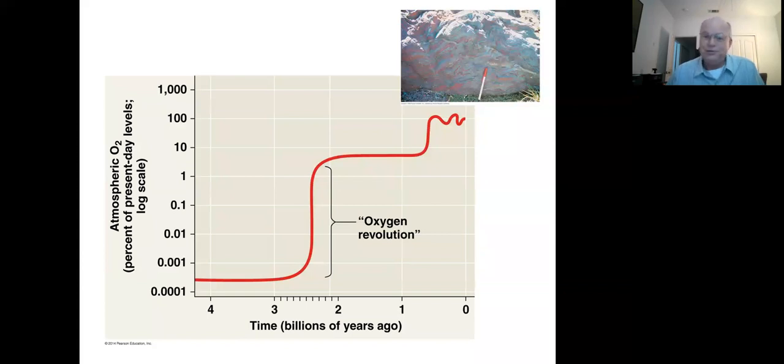This is the oxygen revolution, and it is a key change in the trajectory of the evolution of life, because now you have the opportunity through cell respiration, taking advantage of the reactivity of oxygen, to start generating large amounts of chemical energy in the form of ATP to change the direction in which life would evolve, because you have the energy to support